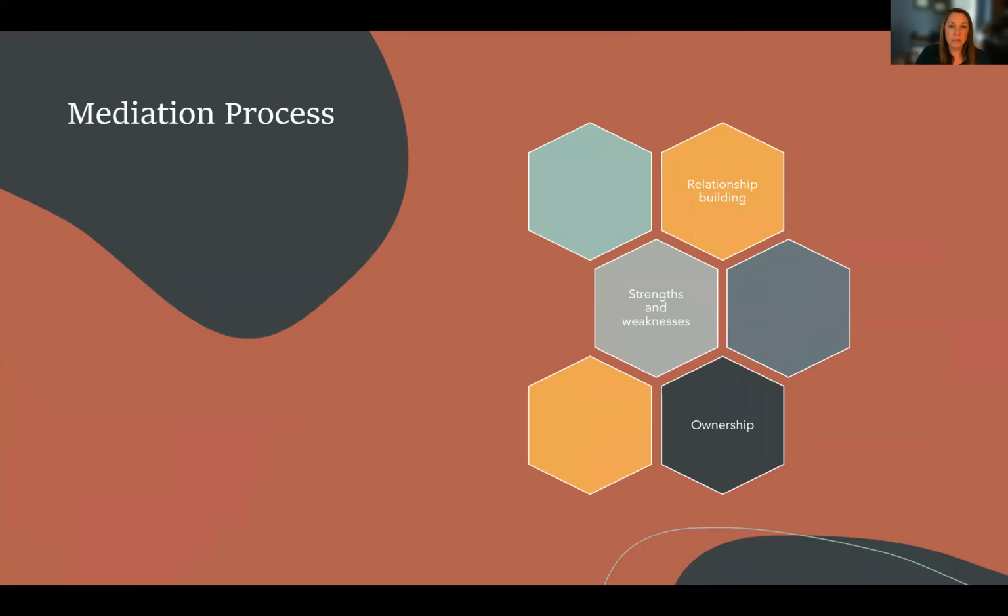A mediation opportunity is through relationship building. Methods in this process include actively listening to each other and having courageous conversations. By having these conversations, each person will have an opportunity to express their frustrations and share strengths and weaknesses. These conversations will also help each person take ownership of their actions and learn how to accept constructive feedback without placing blame, and learn to listen versus react.